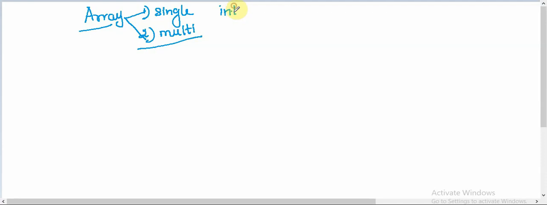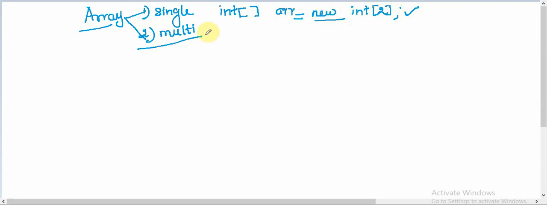Single dimension array we create by first saying the data type, and then we put the square bracket, and the square bracket says that it is an array. Also, in the previous video we discussed the placing of the square bracket. What is the difference between placing the square bracket here and placing it here? I hope that you watched it. And then we say the name of the array, then we use the new operator, followed by again the type, and then we say the size of the array, and then we can finish it. This is how we created a single dimension array, one way of creating a single dimension array using the new operator. So we discussed all these things earlier.